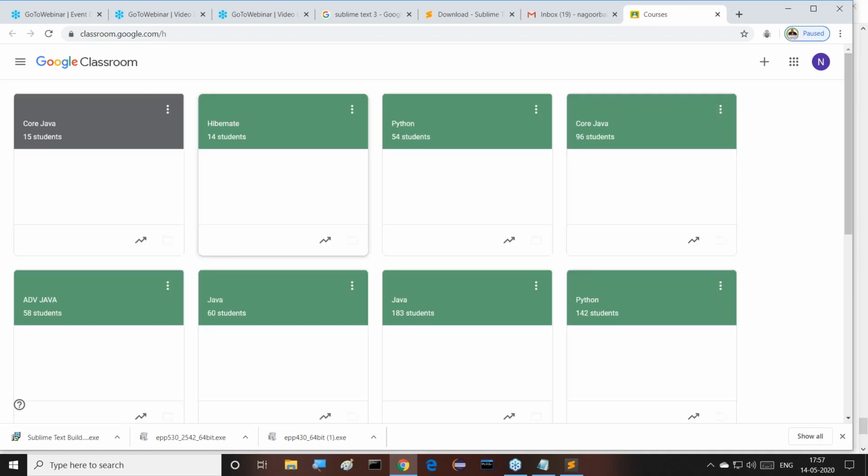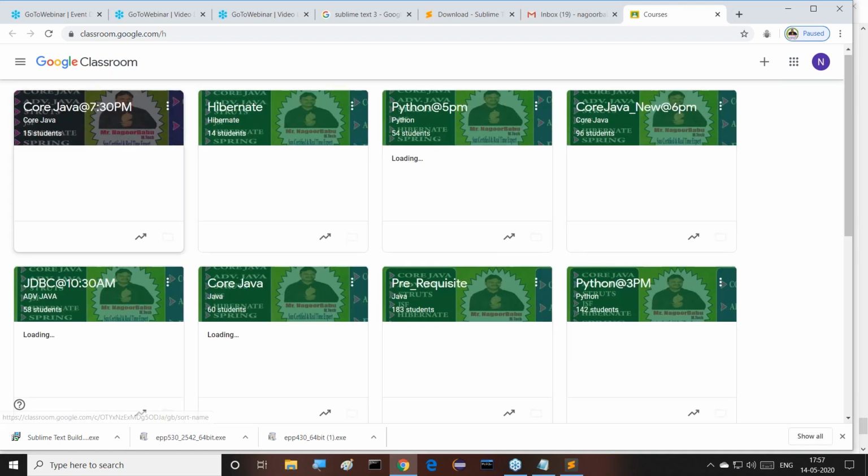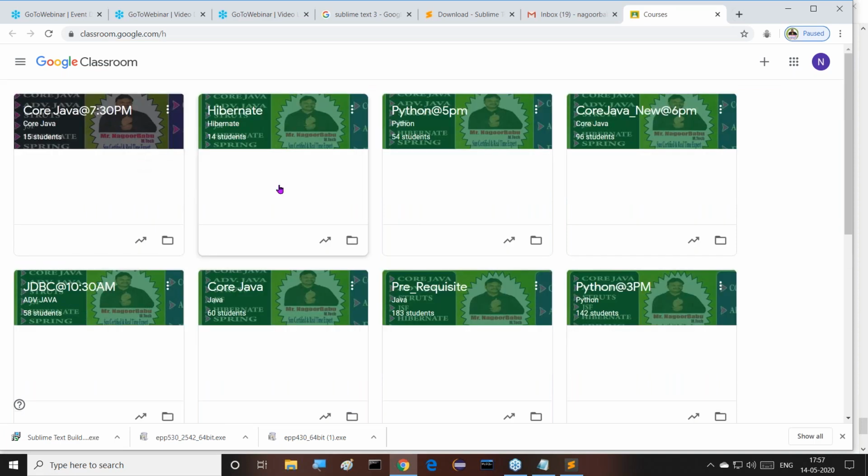Why? Because I created a number of classes. I'm taking a number of classes there. That's why I'm getting all these many classes. But you will get an empty panel now, where the plus symbol is available. Please follow this plus symbol.